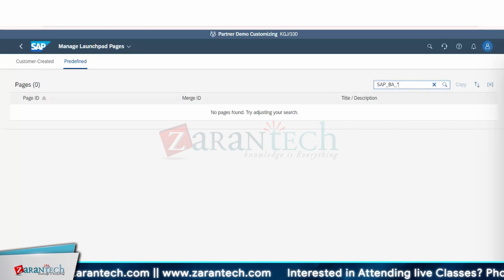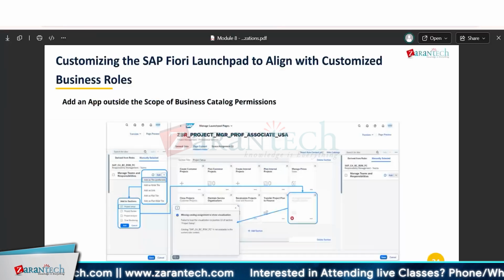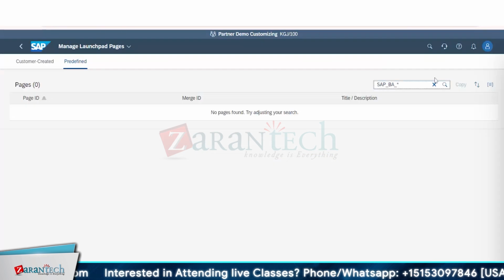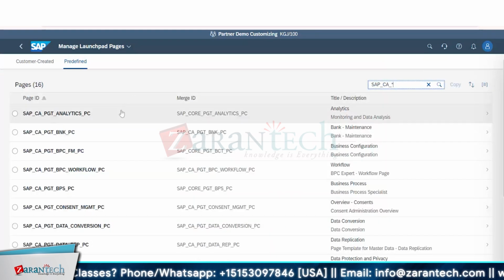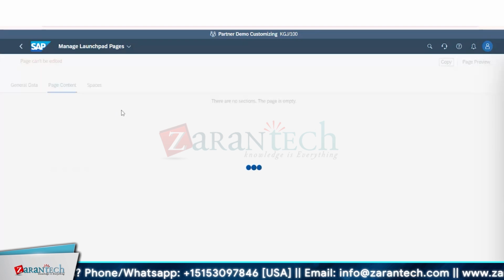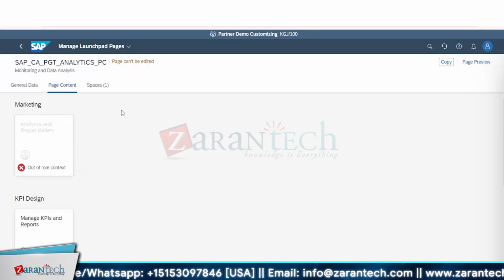Oh, okay, it is not there. Or I typed wrong. It's not BA, it is CA. So I can search SAP_CA_star. All these items are displayed in the page. And when you go to the content,